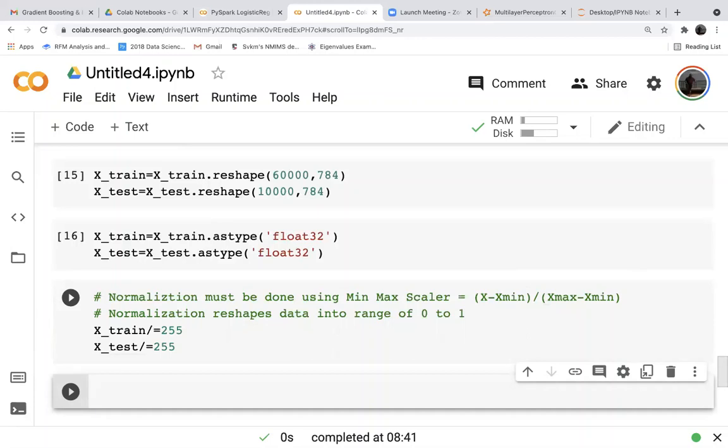So there is a library for min-max scaling also. Can we use that? Yes, there is a Python library called MinMaxScaler that can do this automatically. But why go to a library? This is a small operation, a simple formula. We know the minimum is 0, and the maximum of the pixel will be 255. Just divide it by 255, because x minus 0 is anyway x only, right? Yes, so that is why.